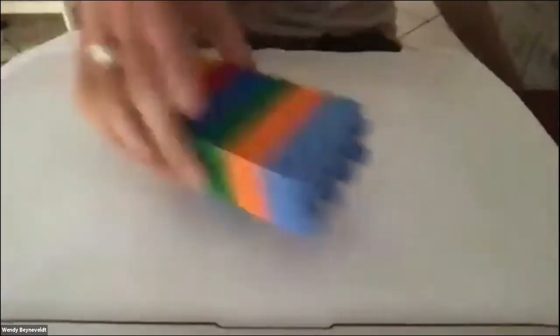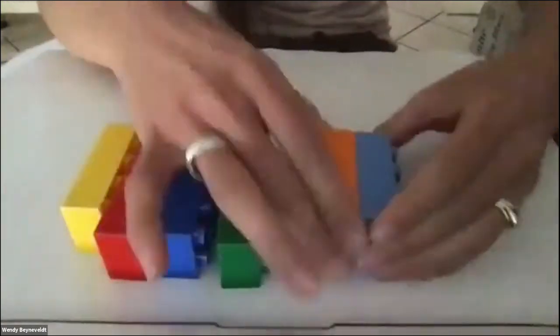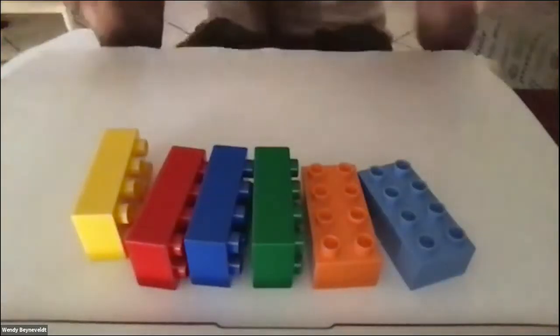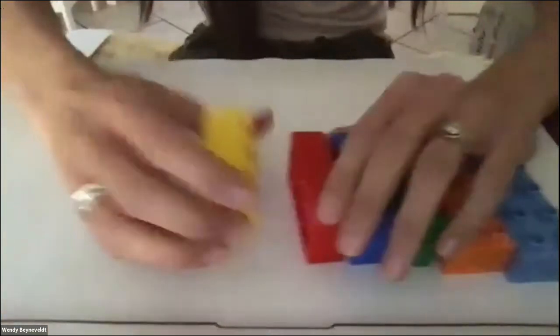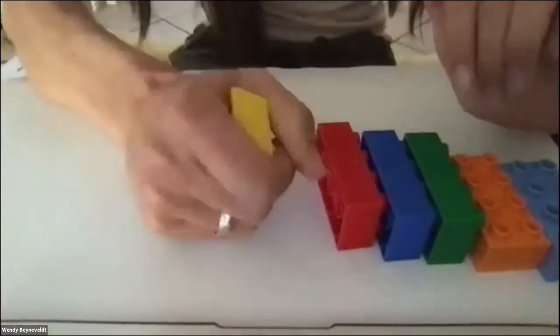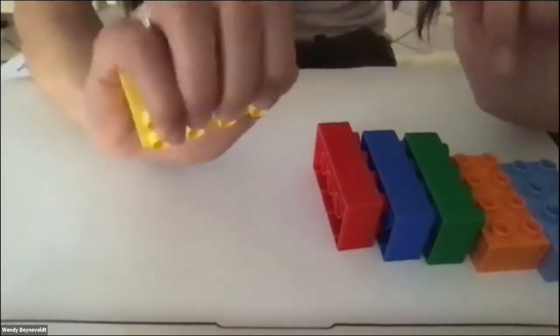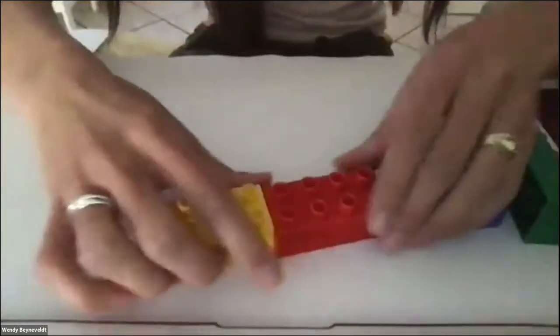Okay. So I'm quickly going to show you on the white paper, just here in front of me, so that you can see. I've got my 6 bricks and I'm just going to take them apart. And I would like to explain to you something very interesting about the 6 bricks, okay? The size of a Duplo brick, as I said, is ideal for little fingers to manipulate, to use the studs for sensory input. And if I place 4 Duplo bricks in front of me,